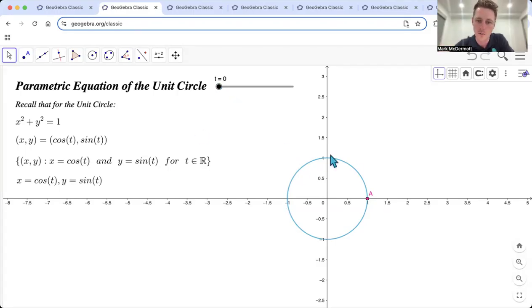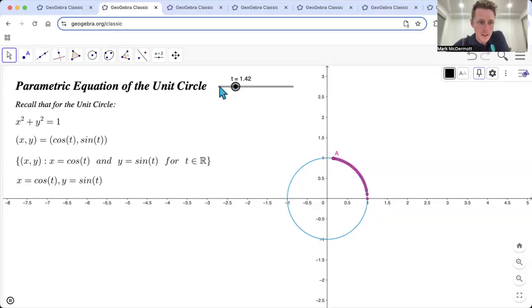So what we can see here in blue is this unit circle, and then this point A is parametrically defined, which you can do on GeoGebra here. And this is what we usually say. We usually drop the set notation. We just say our x coordinate is equal to cosine of t, and our y coordinate is equal to sine of t. And so what we can do is actually play that,